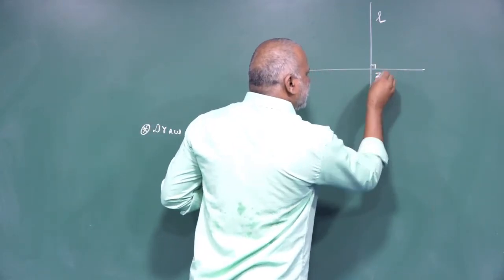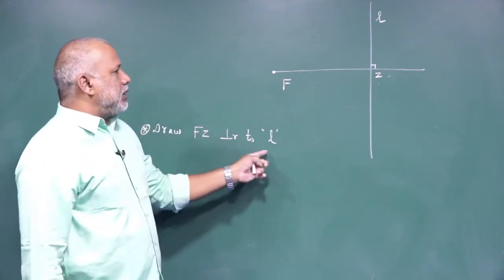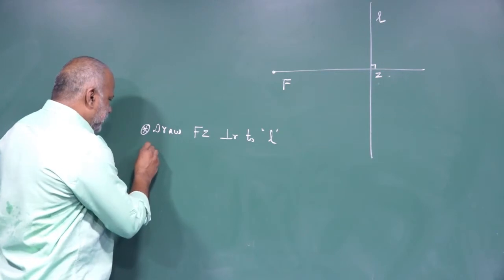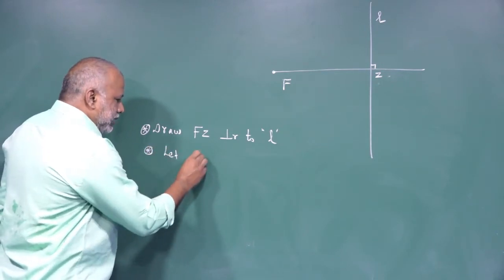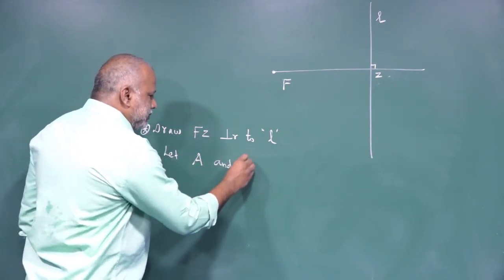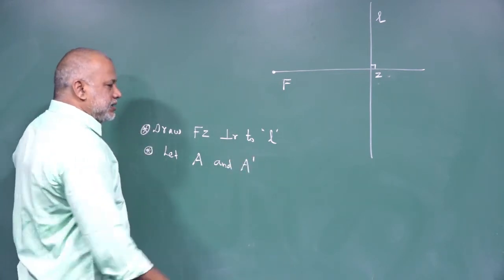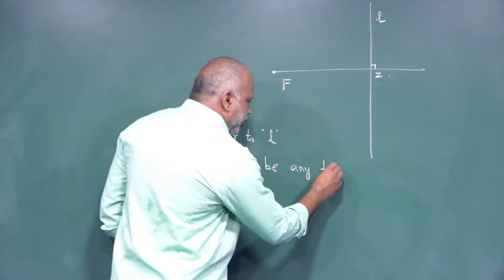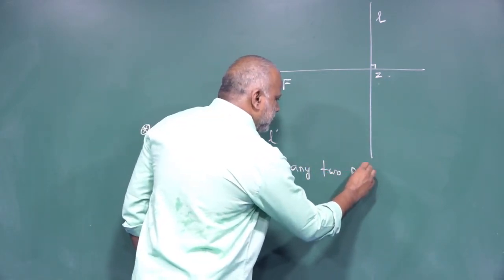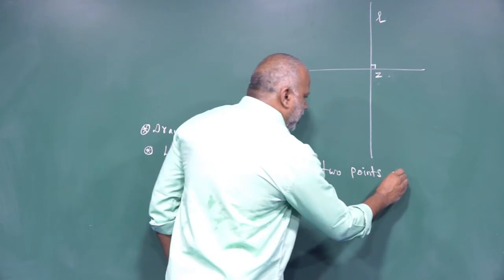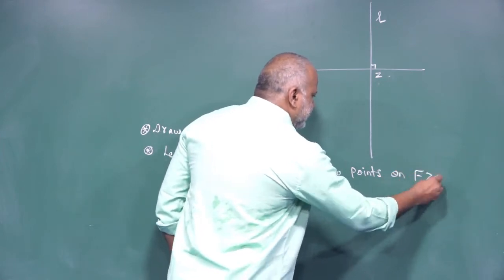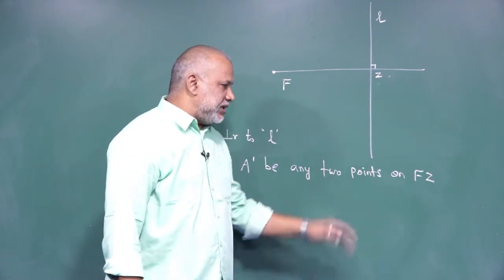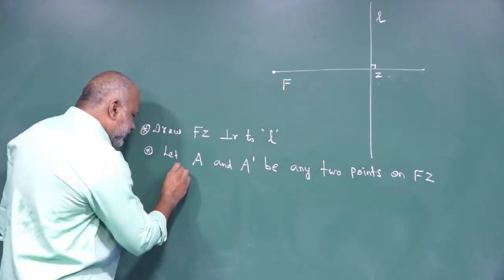Draw FZ perpendicular to the directrix L. The next, let A and A dash be any 2 points on FZ, which divides